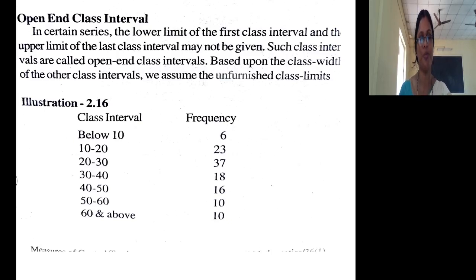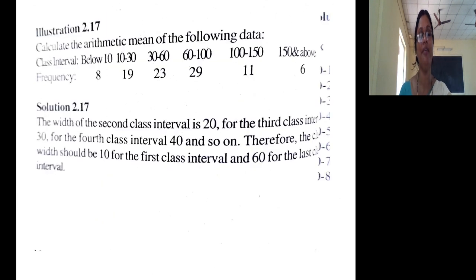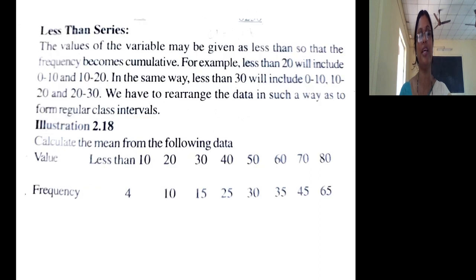In the last two sessions, particularly the 9th and 10th sessions, we discussed in detail how to calculate the arithmetic mean if class intervals are given as open-end class intervals, and how to solve the problem if the series is given as a less than series. We know that in a less than series, the frequencies given are cumulative in direct order, from top to bottom. So the frequency of the first class interval is 4 only, but the frequency of the second class interval is 10 minus 4. The frequency of the third class interval is 15 minus 10. Like that we reframe the problem and apply the formula to arrive at the arithmetic mean.